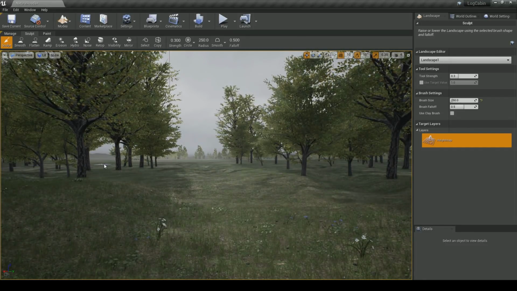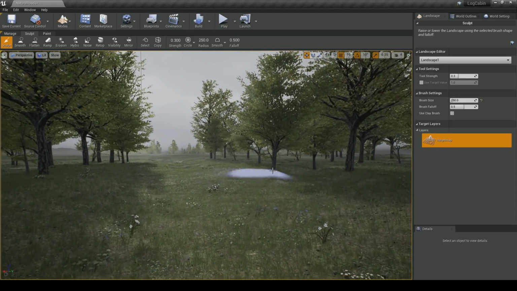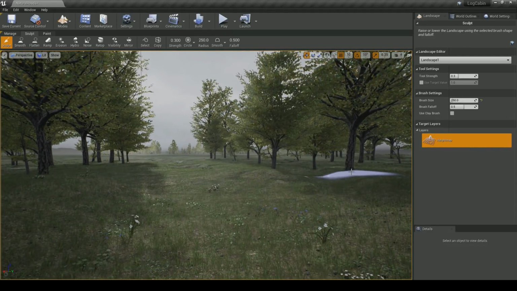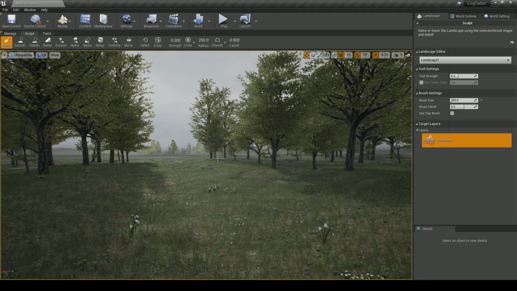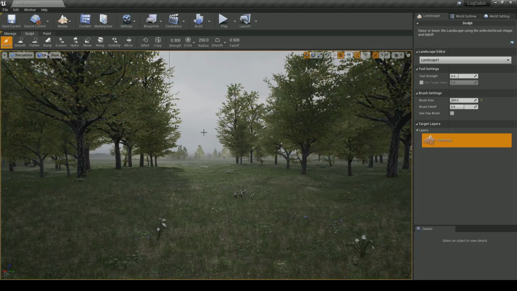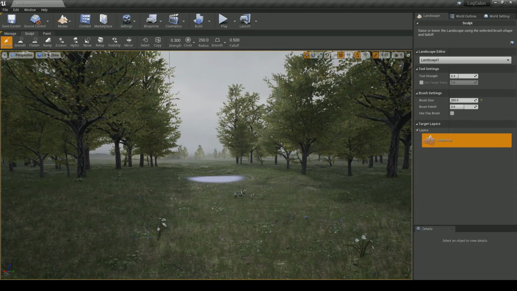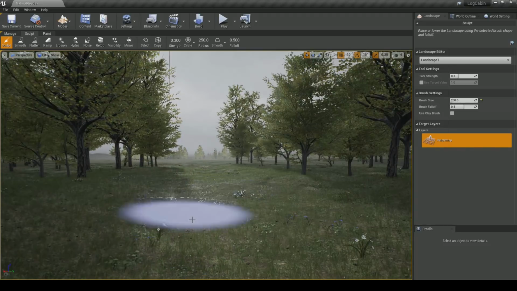Lumps in the forest, little lumps. Not sure why, but there are. Maybe each tree has a little bit of a lump underneath it. Maybe that helps. Little lump of terrain. And as you can see, I haven't really been using anything other than this normal sculpting